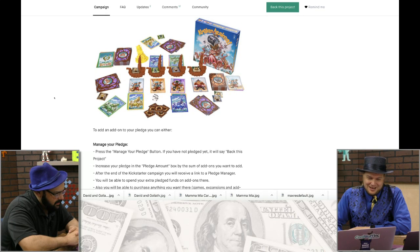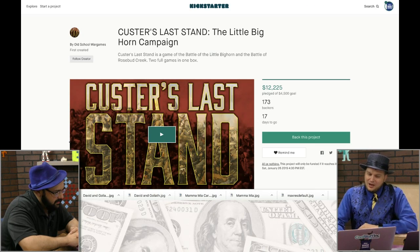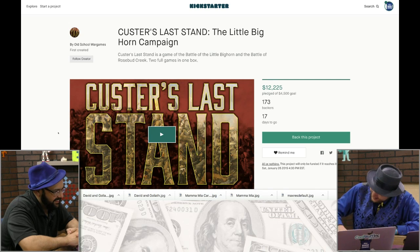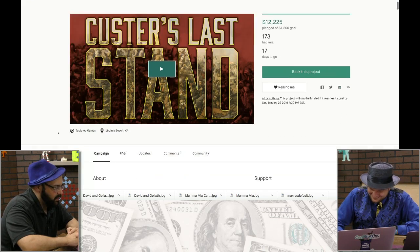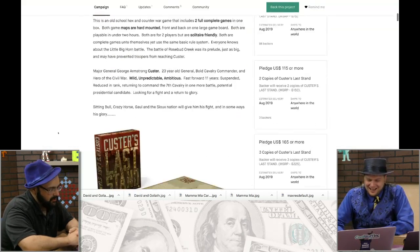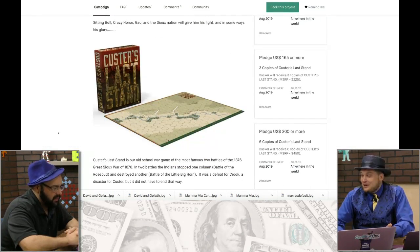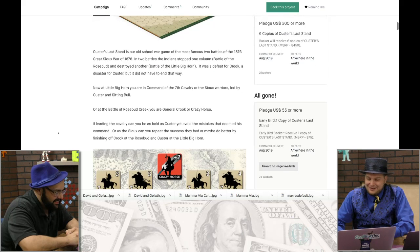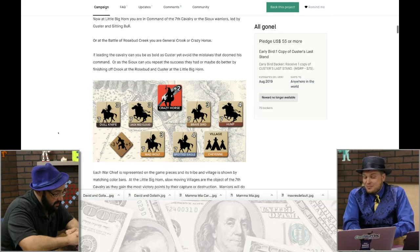And with that, we're moving to Custer's Last Stand, the Little Bighorn campaign by Old School War Games. They're serious. That's when you know. Even other war games are too hip and cool. Look at that map. Glorious. That looks better than some Old School War Games I've seen. The silhouette chits, yeah, they're not that often. There's only 2 numbers on them, so that's...